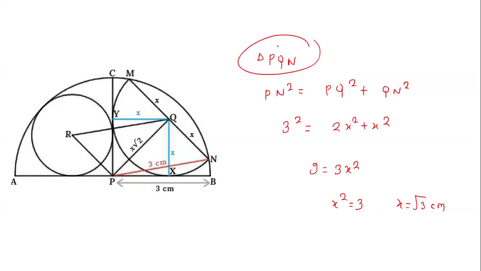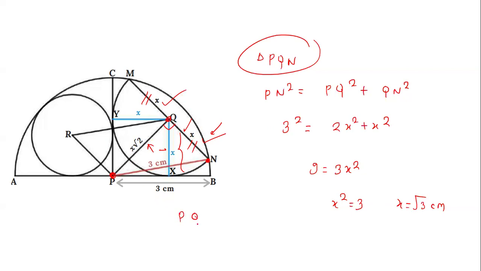Now you see the triangle PQN. So this is the P, this is the Q, and this is the end point N. This end point is on this bigger semicircle, and we know this is the radius, which is equal to the x of the smaller semicircle, and we also know this MQ distance is also equal to the radius, and this QN distance is also equal to the radius. So this will also be x and this will also be equal to x. So now we know this distance as x and this distance as root 2x, and this angle is 90 degrees.